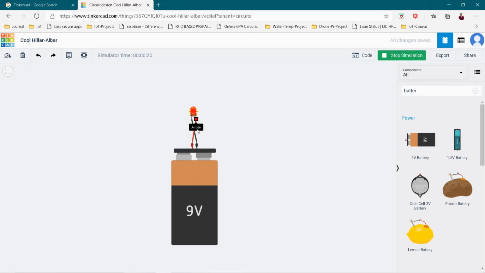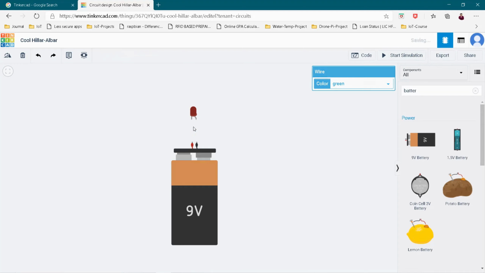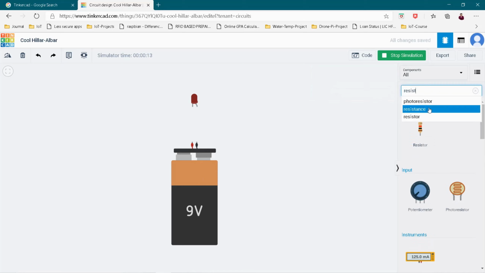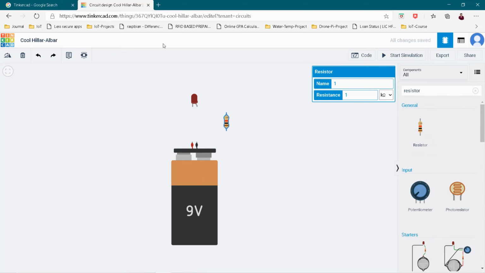So what we have to do, we have to divide the power and we have to supply as per this device's requirements. So stop the simulation and choose this link, give delete, and choose this link and give delete. So in between this LED and battery, I am going to connect a resistor. Just search for the resistor. So here you will get a resistor. So I am going to put it inside the work area, and for this resistor here you can set the resistance, how many ohms you want to give it, you can work out here.